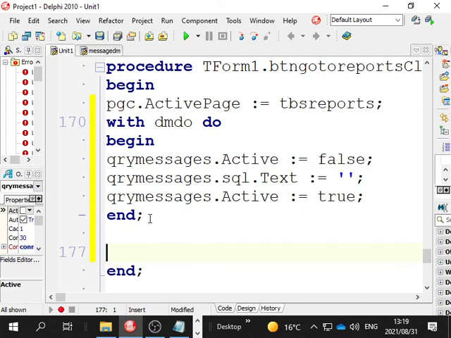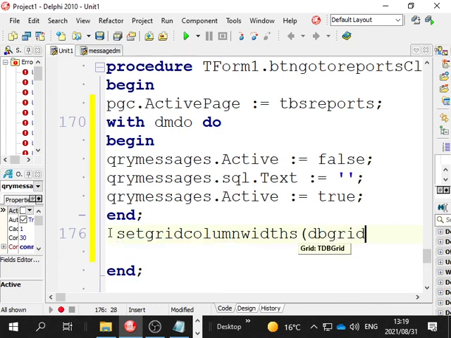After that query, guess what? We're going to set the grid column widths as well. Set grid column widths, open brackets, and I know that this is DB grid 7. That's why I keep the numbers, I prefer them, because I've got a lot of other names to remember as it is. You don't have to quote the DB grid name in code unless you want to change the data source property, but that's very rare that you have to do that. And yes, maybe we will do it just for fun once. But over here,